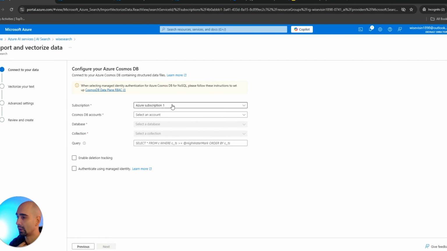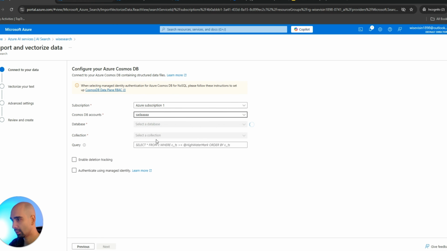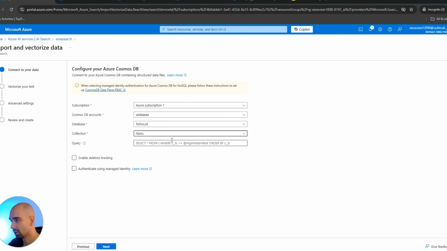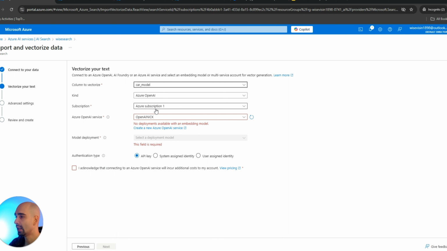We selected our Azure Cosmos. We selected our database. Yes, to-do list, collection, items. That's it. Next, after this, we select the vectorized column. For us, it would be car model, subscription, and again, why there's magic. Why I hate